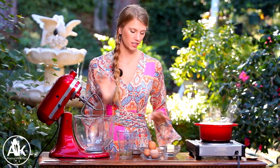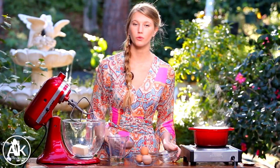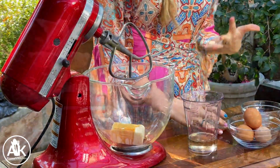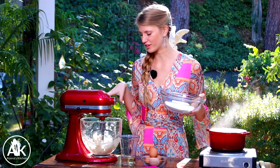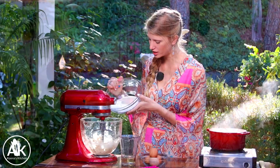And here I have my mixer, and to that I'm going to add in 1/2 cup of butter that is at room temperature, along with 1 tablespoon of vanilla extract. And now I'm just going to cream my butter and vanilla together for about 1 minute. The next thing I'm adding, now that my butter and vanilla is creamed together, is 2 cups of granulated sugar,